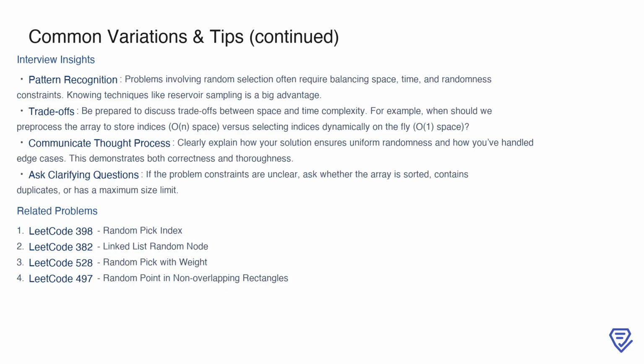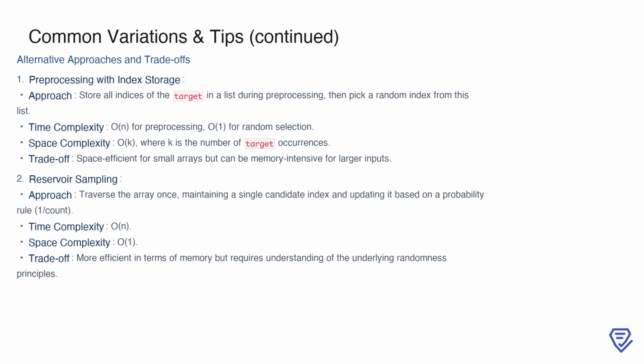Finally, explore related problems to strengthen your understanding of random selection techniques. For instance, solving problems like random pick index, linked list random node, or random pick with weight will deepen your familiarity with these concepts. Alternative approaches to this problem often involve trade-offs between preprocessing and runtime